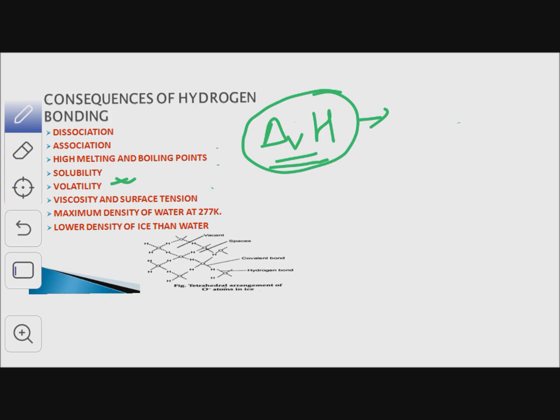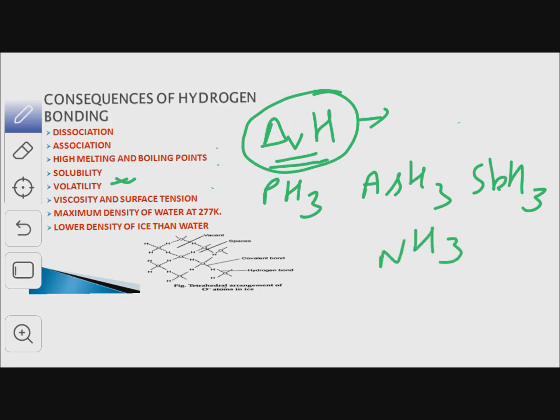For example, in case of PH3, AsH3, SbH3 and NH3, this is the increasing order of enthalpy of vaporization of the hydrides of nitrogen family. Here in case of PH3, it has the least enthalpy of vaporization, and hence